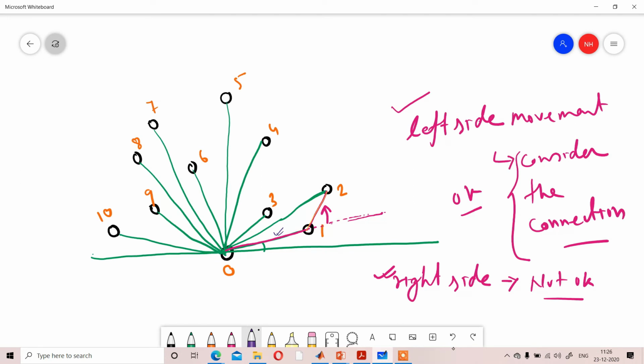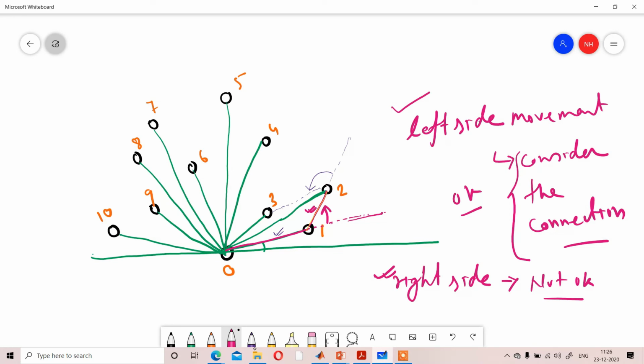Now we will move from 2 to 3. If we move from 2 to 3, check it, that was your movement and we are changing our direction from that movement to the left side. That means the previous connection is also okay, means the connection between 1 and 2 is also okay.